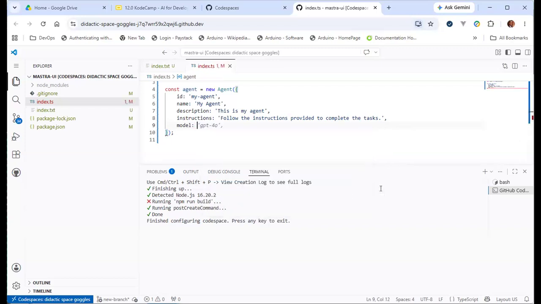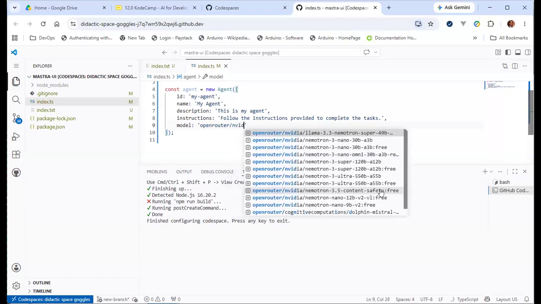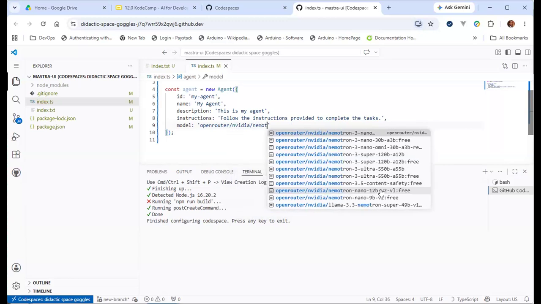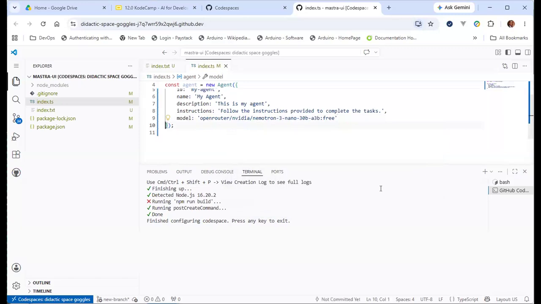In fact, this is one of the things I like most about Mastra: the fact that it speeds up your development and it prevents you from making mistakes. Even if you are using agentic support, Copilot, to generate your code, this provides immediate validation, right? So let's assume I want to use the regular Open Router I normally do, and NVIDIA, okay, Nemotron. So you see it's already kind of reducing, and I pick this, right? So you get all of those, and you get all of those for free.